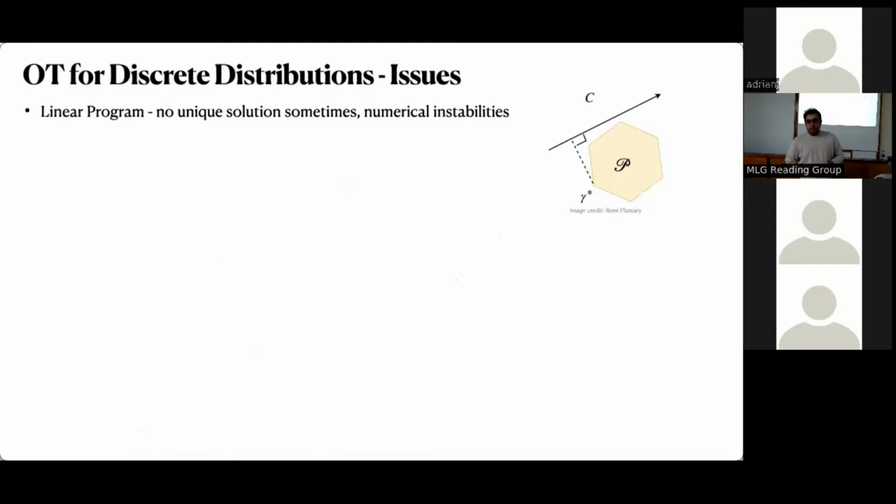And so you can solve this using linear programming. But now the thing with linear programming is that it's hard to find unique solutions. Linear programming tends to be quite unstable. It tends to be quite dense to figure out exactly what solution you have. And if the solution is stable, if you slightly modify the values of C, if you slightly modify the weights